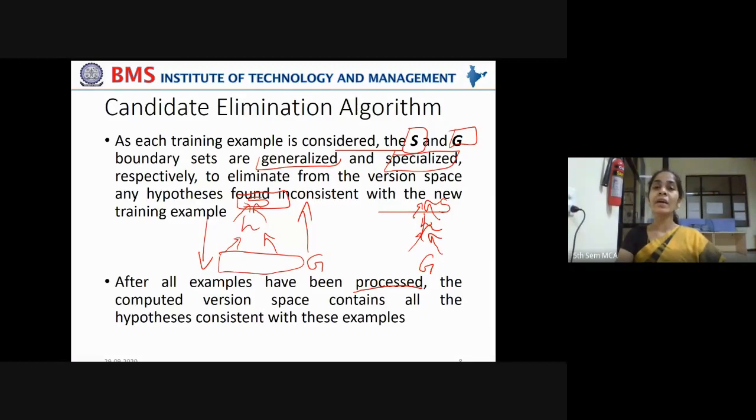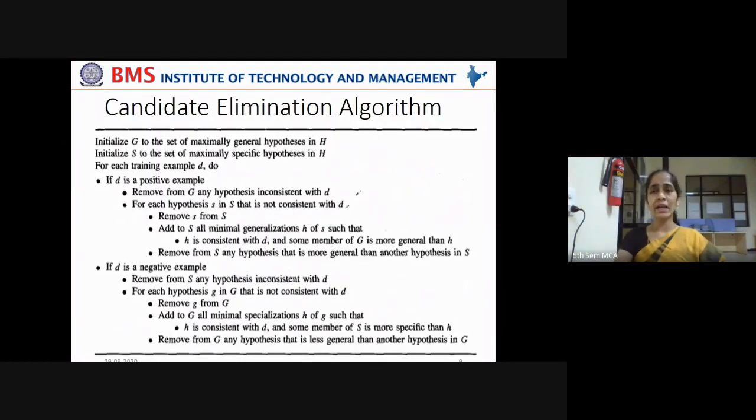After all examples are gone through by the machine, what will happen? The computed version space contains all the hypotheses consistent with these training examples. It will not contain unnecessary hypotheses, which are not according to the training examples. That is the objective of this candidate elimination algorithm. Now let us see the algorithm steps once in the first instance. Then understand with an illustrative example and come back to this algorithm once again so that we'll understand it more